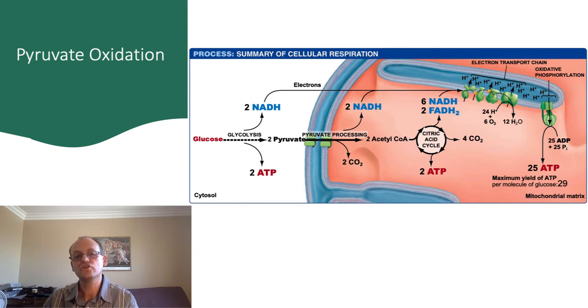Okay, so just to track where we are in this long process, we've covered glycolysis, which produces ATP, NADH, and pyruvate. Remember, glycolysis happens in the cytosol, and therefore the pyruvate is produced in the cytosol. To complete its oxidation, the pyruvate needs to be transferred into the mitochondria, and this happens via active transport, which requires a little bit of energy in the form of ATP.